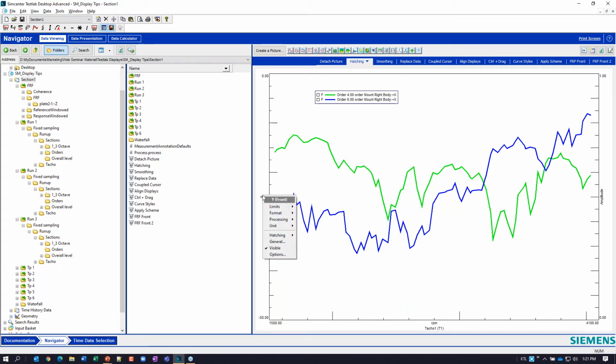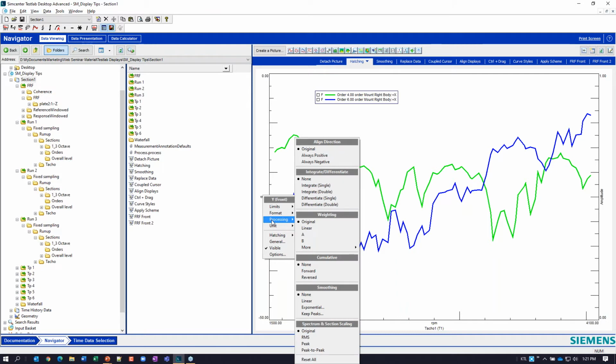And in addition to that, I can also do some interesting things like processing, where if I go under this processing menu, I can certainly apply some weighting. So we have A and B weighting. I can also specify always show it to me in linear, or the original, how it was recorded. Under more, you see I have also C and D weighting, as well as some human body vibration weighting factors for how sensitive we are to vibration in the hands and arms and whole body. So I can apply some weighting here.